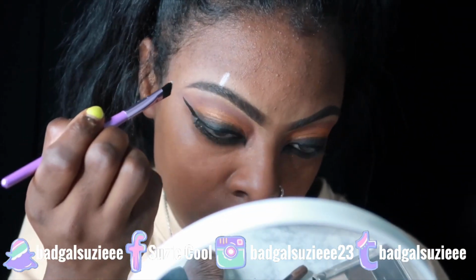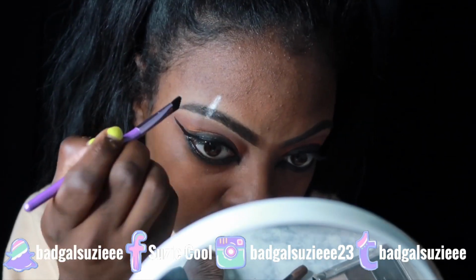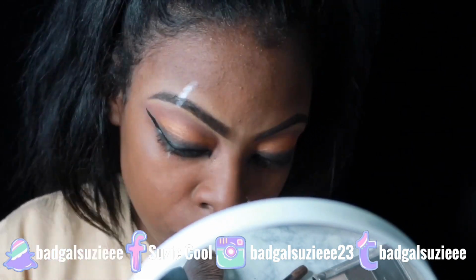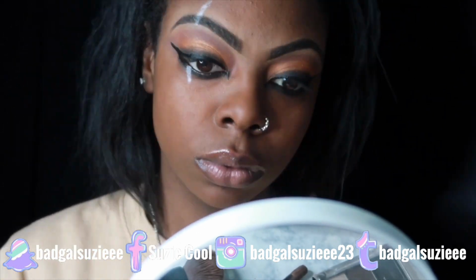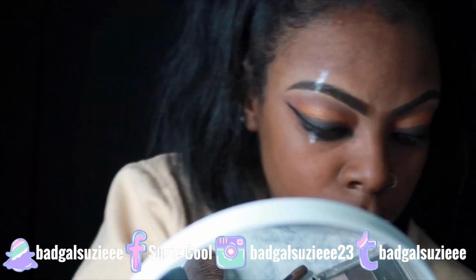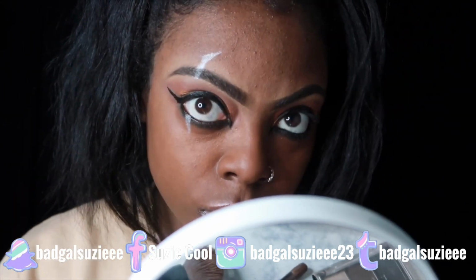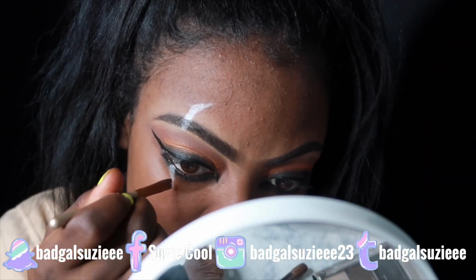So I'm going to go ahead and do my scar. So I did use this brush right here, and eventually I went in with another brush because I didn't like the way that looked, and I wanted to get the sharp pointy look at the edges of each scar. So I did go ahead and use a smaller brush, and you will see that in a second. There you go. And it gives me more of a point, so I can do like the